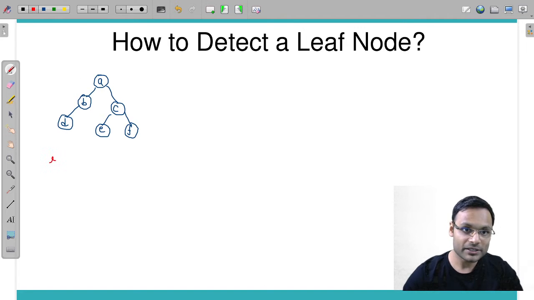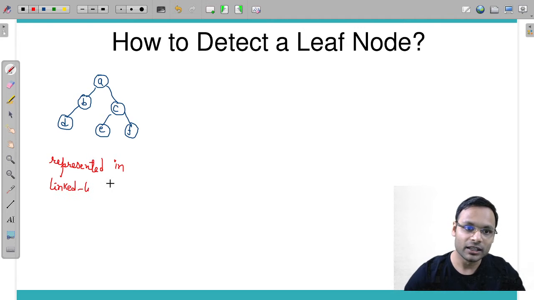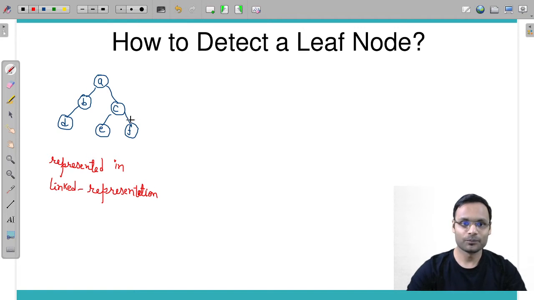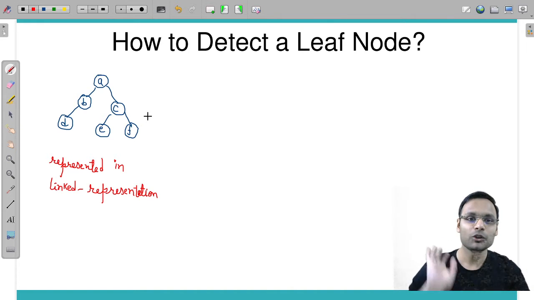The entire chapter will use this linked representation for the binary tree. All the examples we take in binary trees will be based on this. If another representation will be used, I will tell you. So, represented in the linked representation,